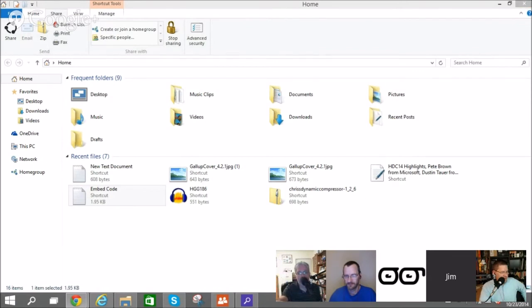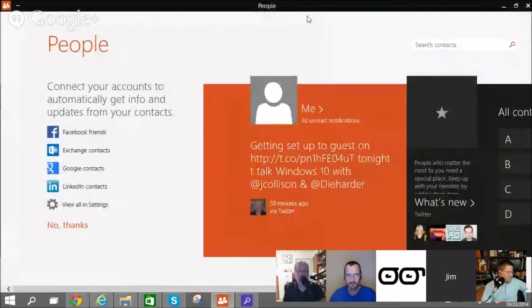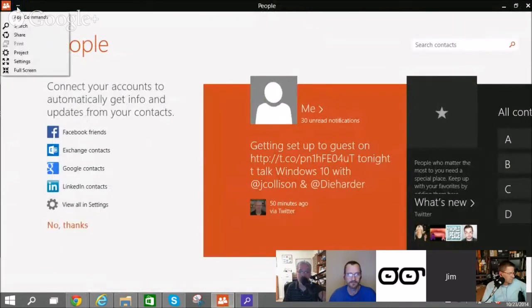Now I will show you this. Open up one of your modern apps just to look at. We'll open the store. What they've done here, and this is kind of where the future is headed, is you can see you've got the new title bar across the top, and over on the left there are 3 little dots, which we've all become accustomed to, right? Windows Phone uses 3 dots to indicate a menu. This looks very familiar to that charms bar. You got app commands. If you were to click app commands, it'll open up the bar across the bottom.